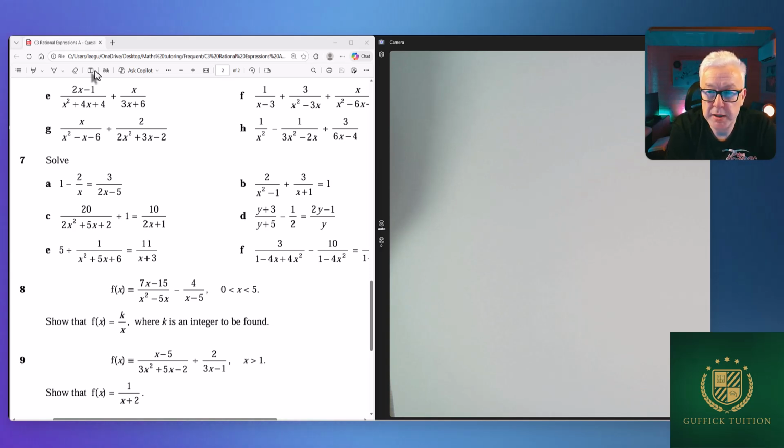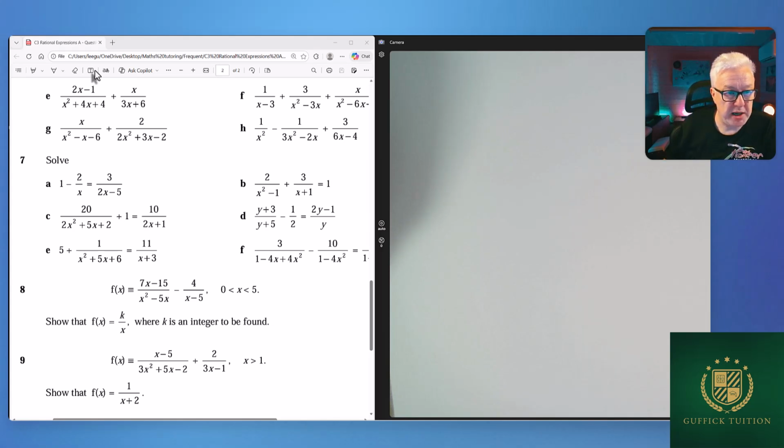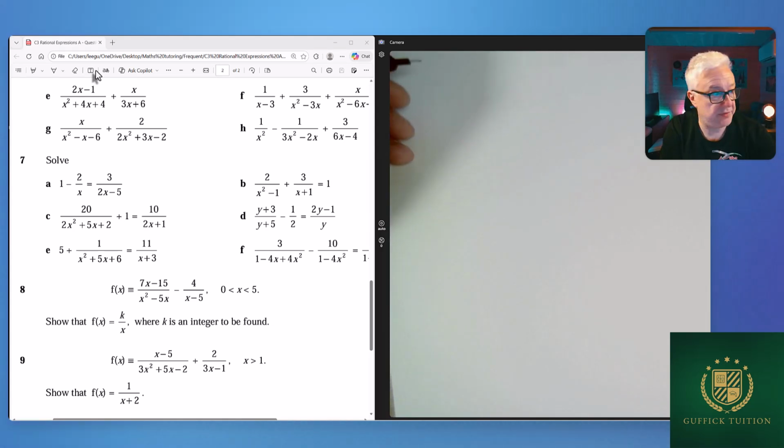Hello everyone, and in this second video in this series on algebraic fractions, we're going to be looking at how to solve algebraic fractions. In the previous video we were looking at simplifying algebraic fractions. So we've got a selection of questions here, and I'm going to just have a look at this first one,